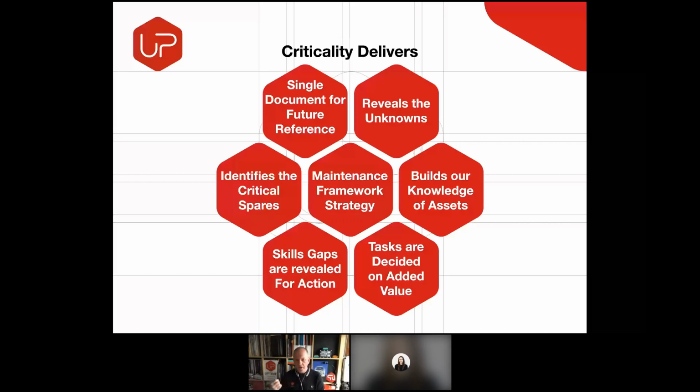And again, it identifies the critical spares we need, not the ones that we take from the OEM that they think we need, but the ones that we go through a process of failure modes and RCM analysis and say, well, does this fit our experience of the past? Is it proven that we need to hold on this? It's very important to do that, because